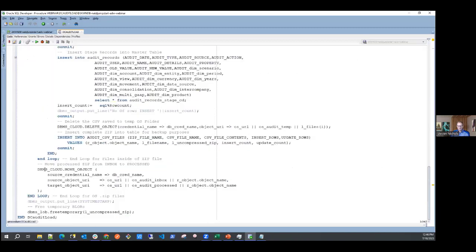So I'm using the DBMS Cloud move object to move it into a process folder. I don't want to delete it, but I do want to move it out of the inbox so I don't process it again. And once it's moved, the last thing I do is free my large object that I used to store the contents of my CSV files, and then the procedure is done. So if I run this procedure,